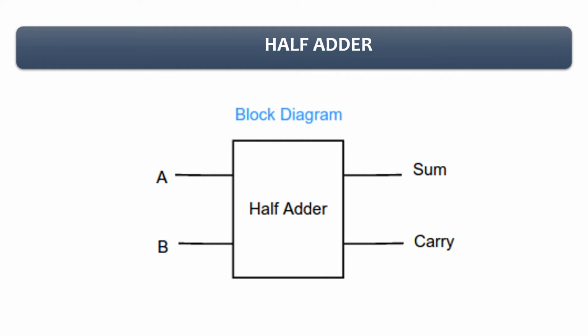Okay, now we'll see the block diagram of half adder. Very first we should know what a block diagram is. A block diagram is generally a diagram which gives you an idea about the external view, external architecture, or external design of a particular device. So if you have a half adder, how does it look?